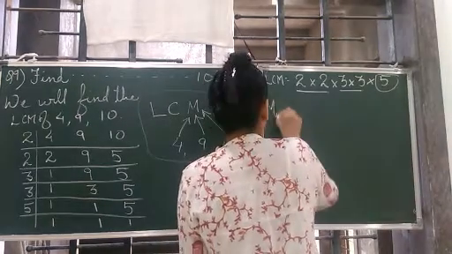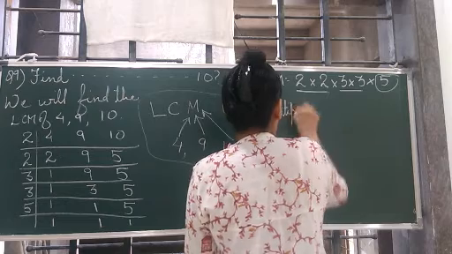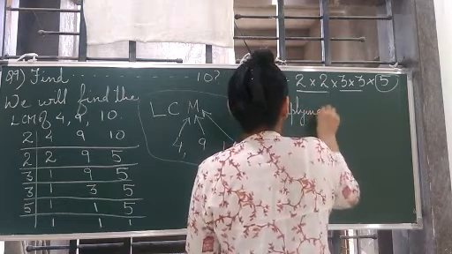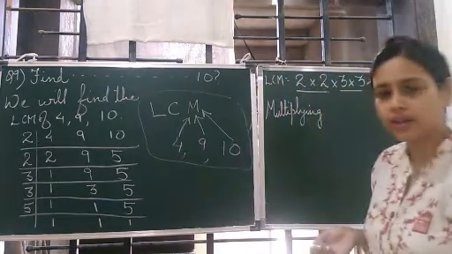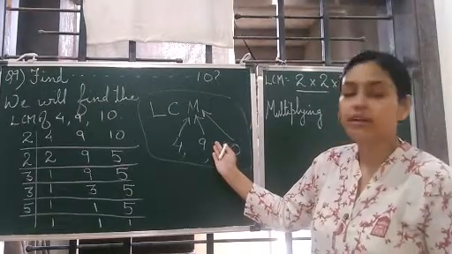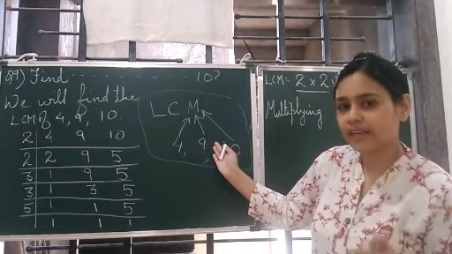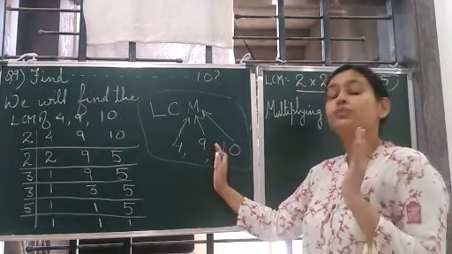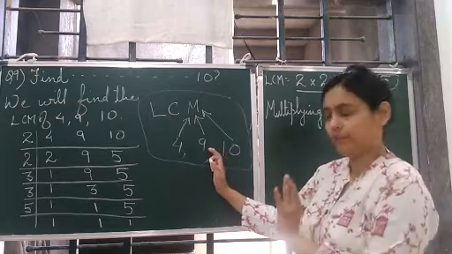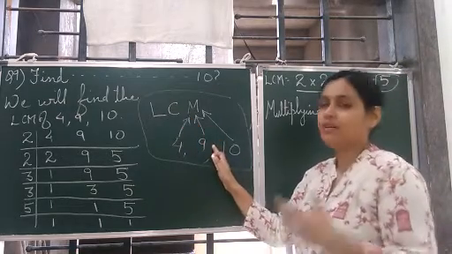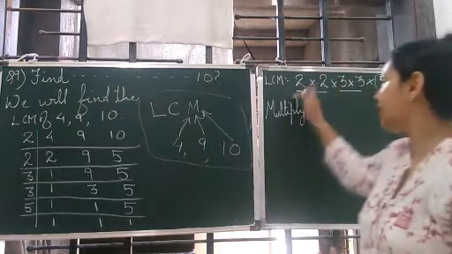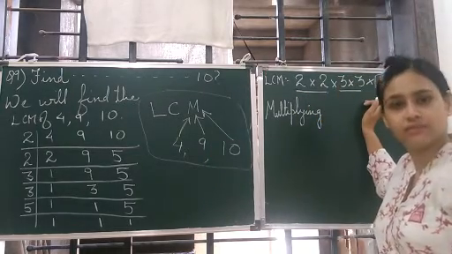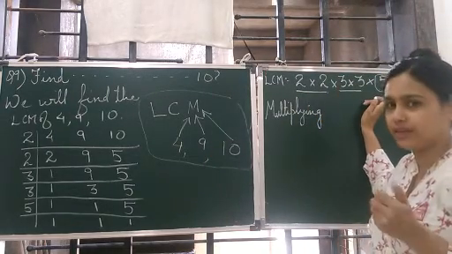So you will write multiplying. Why are we doing it, children? हम क्यों कर रहे हैं ऐसा? हमको तो LCM find out करना था, correct? But question में क्या लिखा है? Square number. It should be a smallest square number. So smallest को LCM, but square means it should have equal number of joda. Yes, jodas, that is pairs.